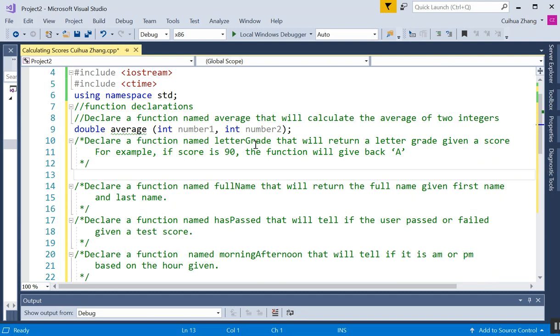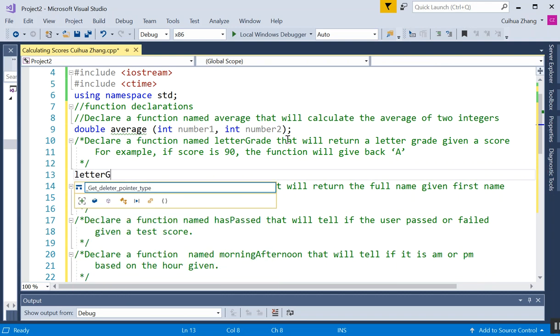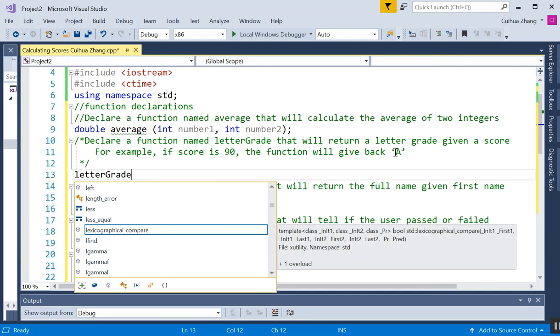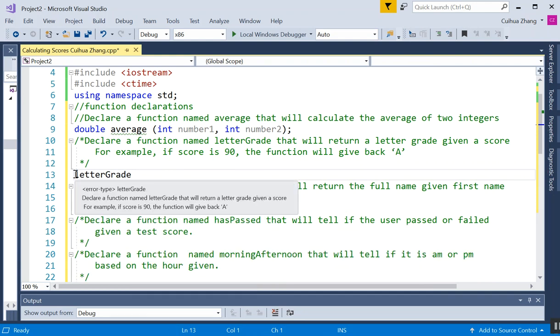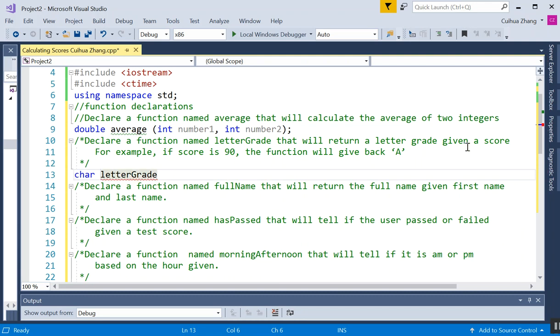Declare a function named letter grade. So that's the function name, letter grade, that will return the letter grade. Okay, so the return type is char. Given a score, for example, if score is 90, the function will give back an A, which is a char. That's our return type. It will be given a score. You will evaluate based on the score. So that's the parameter. That's the formal parameter. A score can be an int or a double. It doesn't matter much. Okay, so always end with a semicolon. The next one,